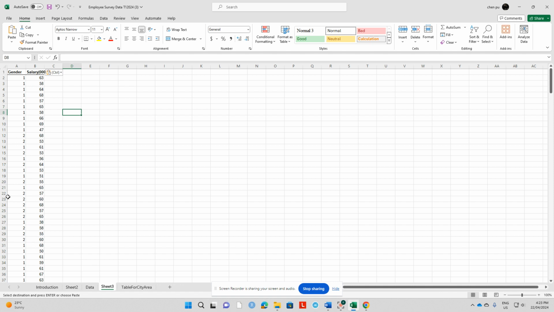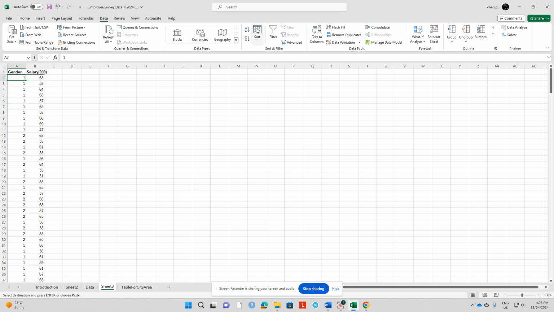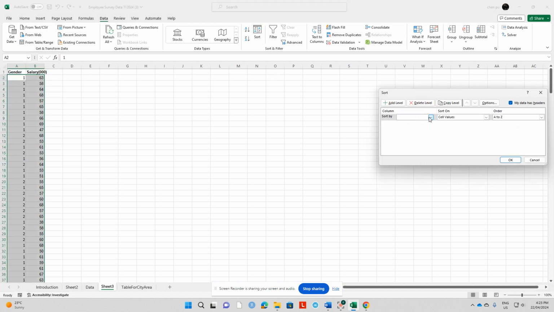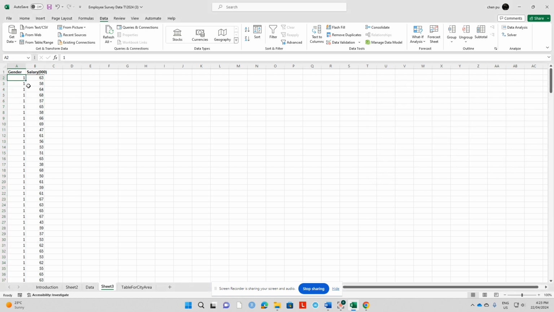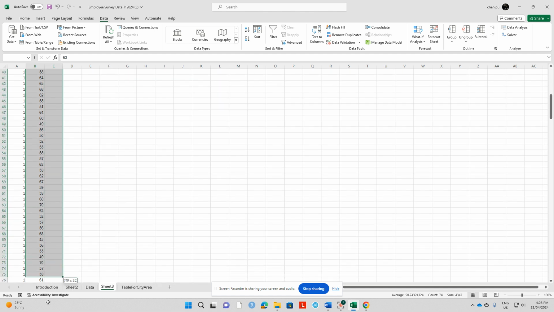We need to separate them. I click on data, sort, and sort by gender. Then you can see all ones at the beginning, all twos at the end. So in this way, male salary is from cell B2 to B